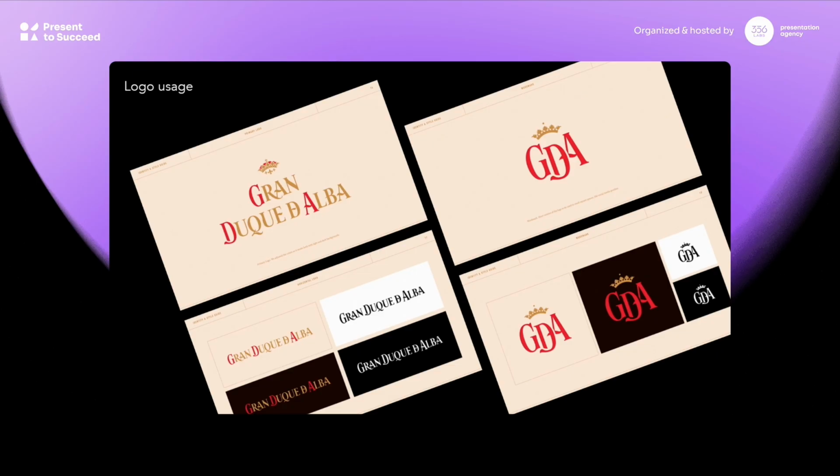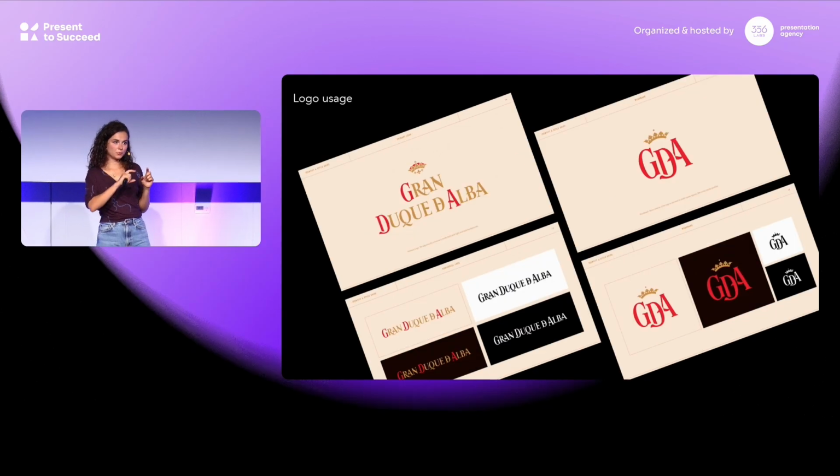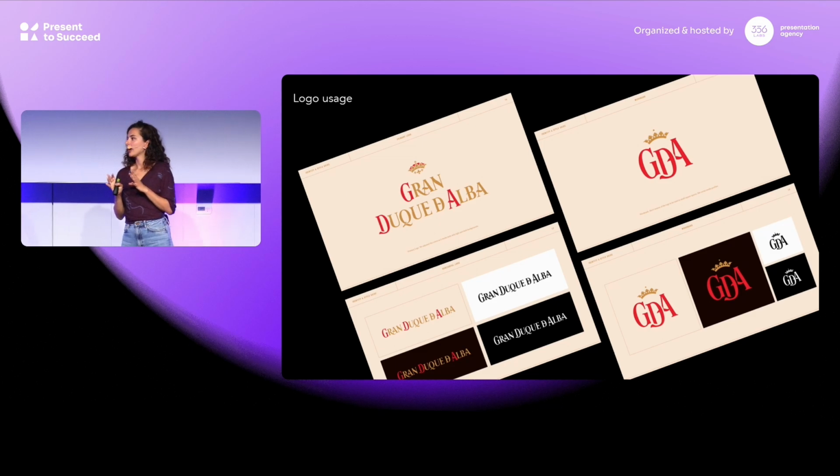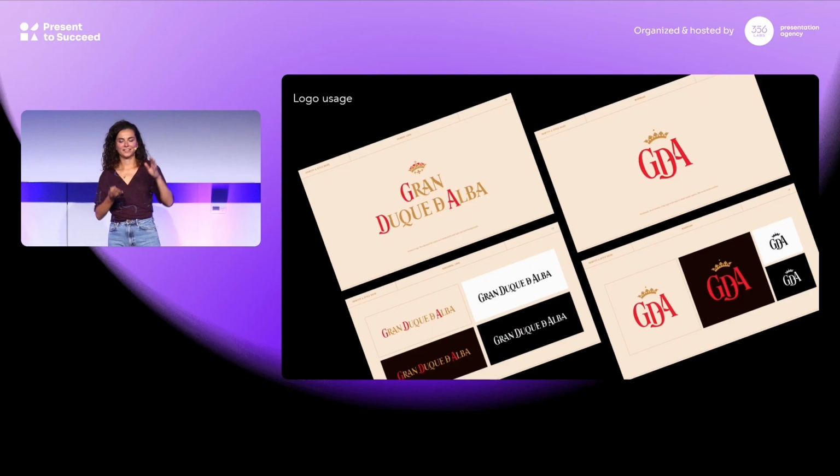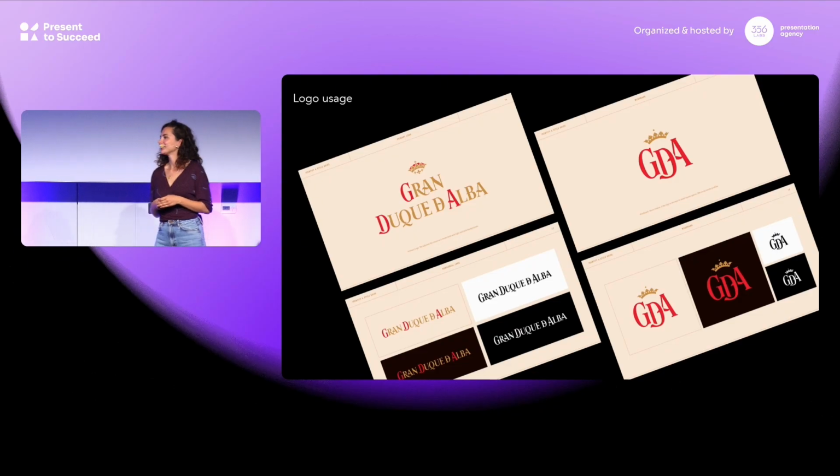And you will also find some useful things like, for example, safe space, which is the amount of space you should allow around the logo inside the layout so it breathes. And also minimum sizing, and my favorite is the misuses of the logo. It's all the kind of stuff that you shouldn't be doing to it, like applying shadows, cropping, distorting, and changing colors. Okay.